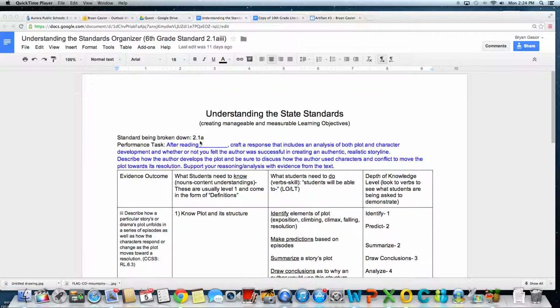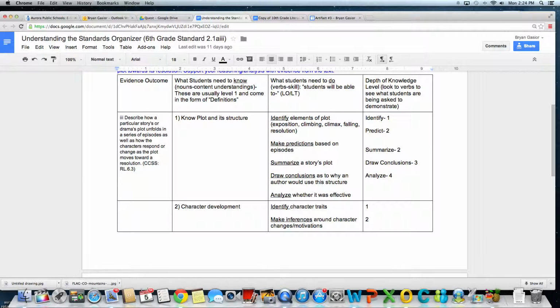So we took standard 2.1 and we looked at evidence outcome A, and then you put down here if there's another component to that evidence outcome, you can break that one down too. So this one happened to be little i, and the evidence outcome language was describe how a particular story's or drama's plot unfolds in a series of episodes, as well as how the characters respond or change as the plot